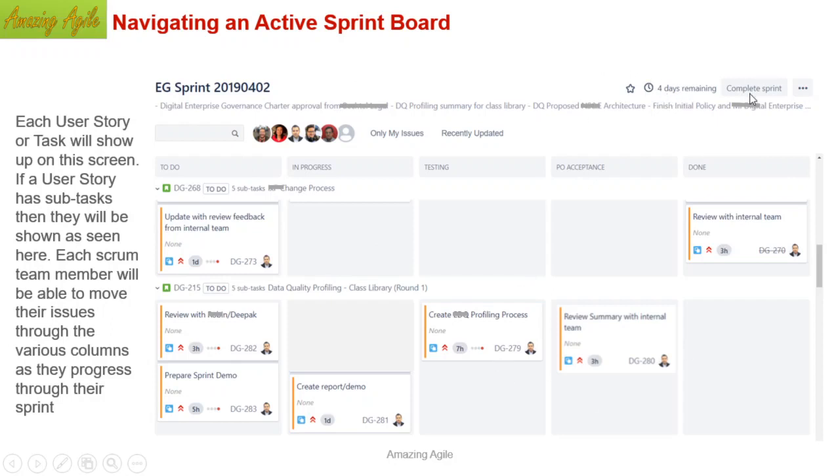This button can close or complete the sprint. This portion is for searching. Suppose I want to search for anything in the project, if I just give the number, it will show only that, or anything whichever I am searching for. These are all the persons who are assigned in this project or in this Scrum sprint. Their names are here. And if you click one, it is a predefined filter. So suppose this is the person. If I click it, whatever story is assigned to him, only that will be shown. So that is a predefined filter given by Jira. And there are some other filters, my issues or recently updated. These are all the filtering criteria.